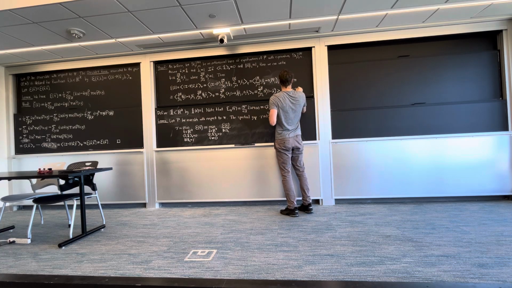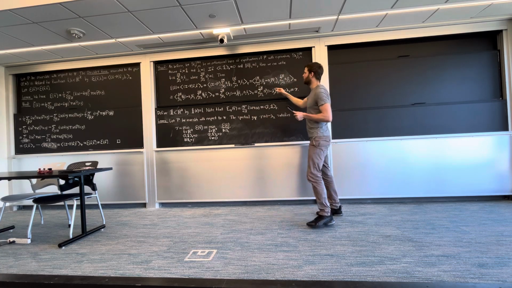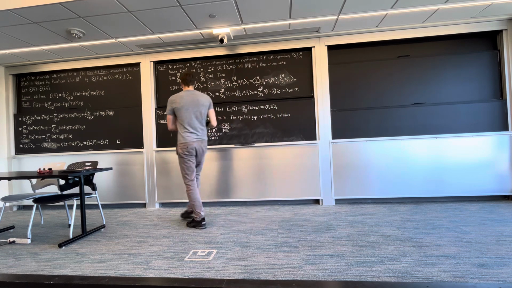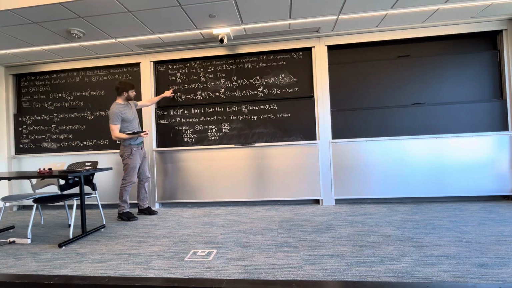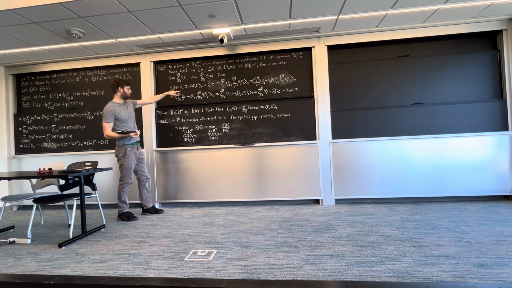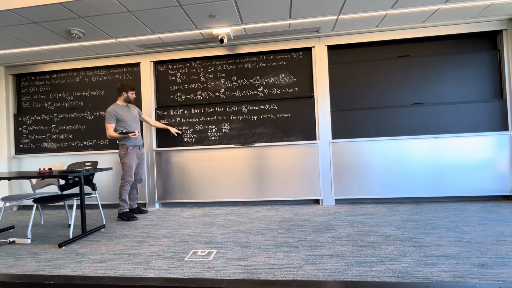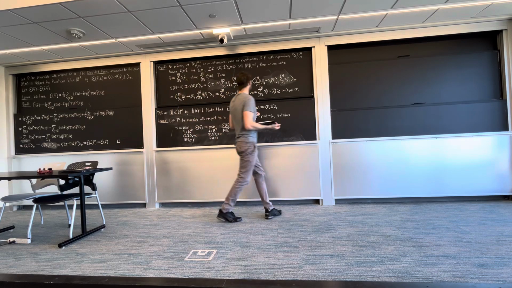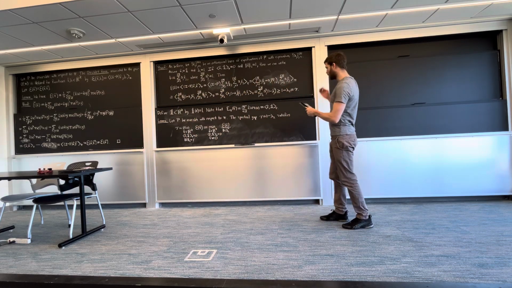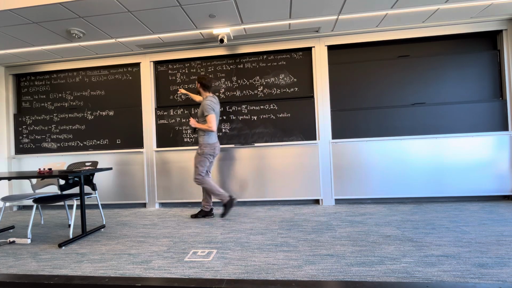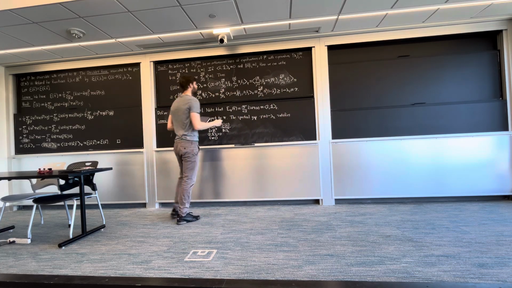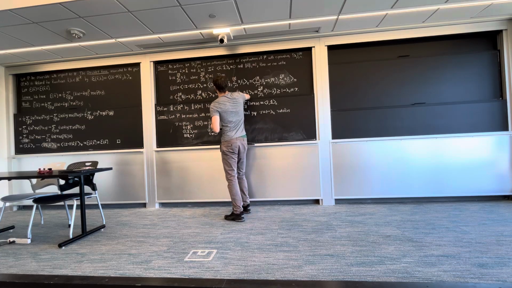Okay, so that's one direction: for every function, this is going to be greater than or equal to the spectral gap. And then we just want to say that you can actually find a function where it's equality. To find the function where it's equality, you just take f to be f2, that eigenfunction.